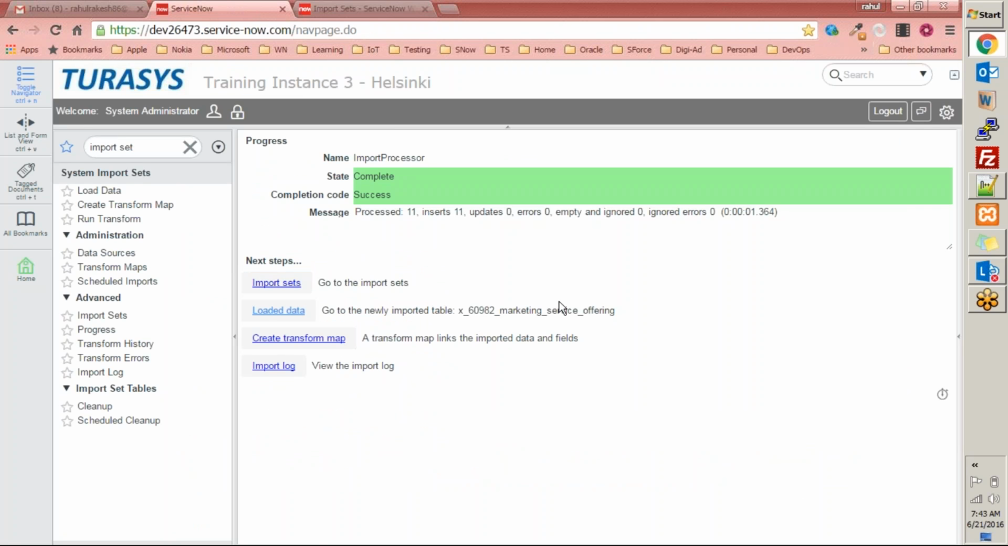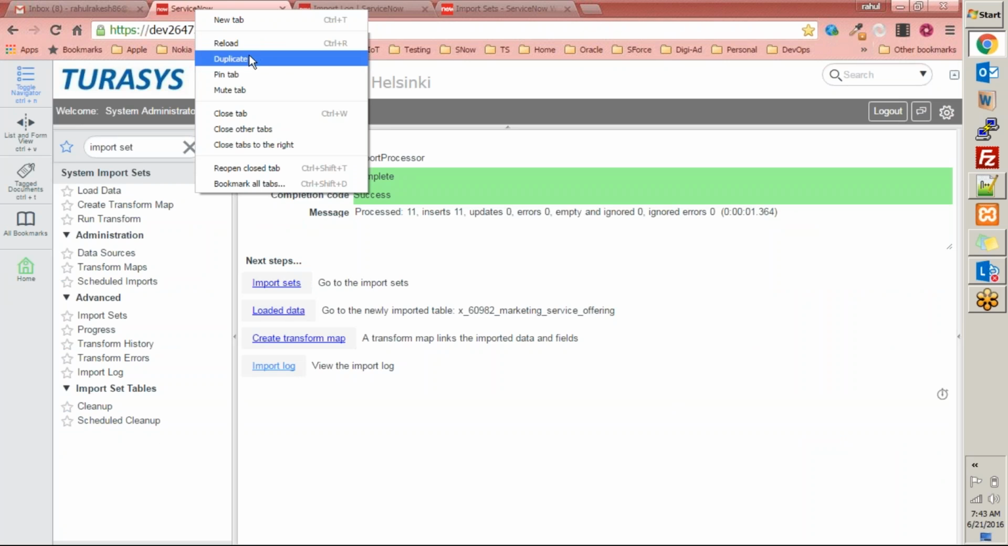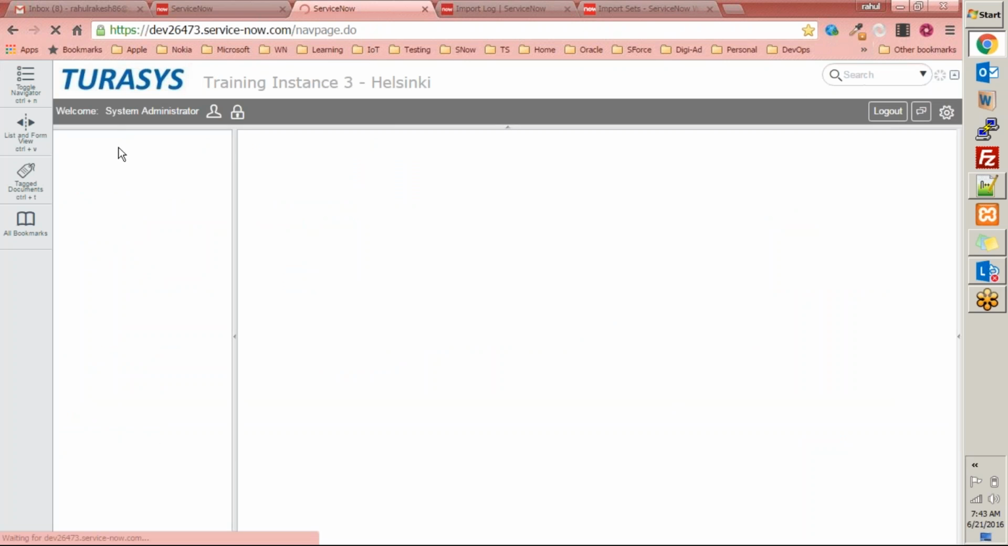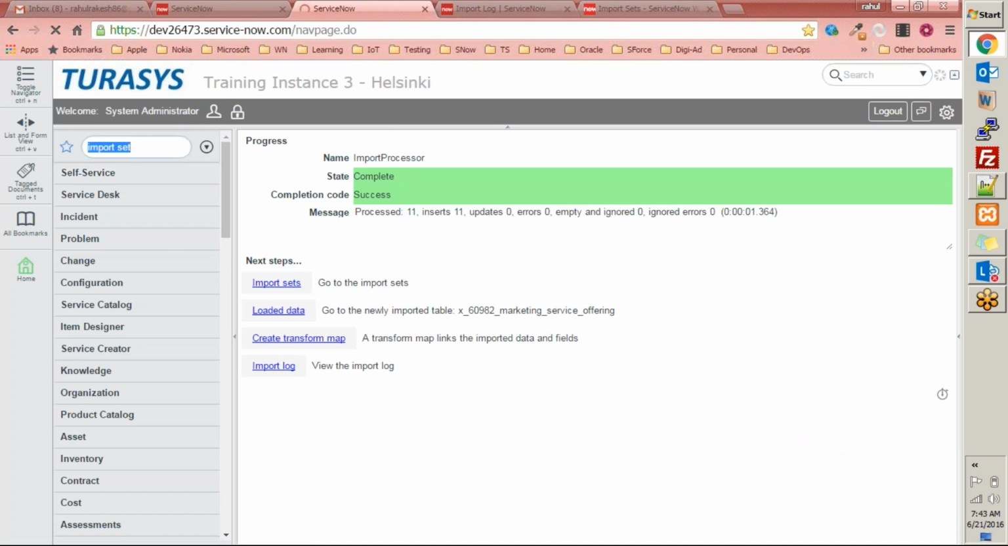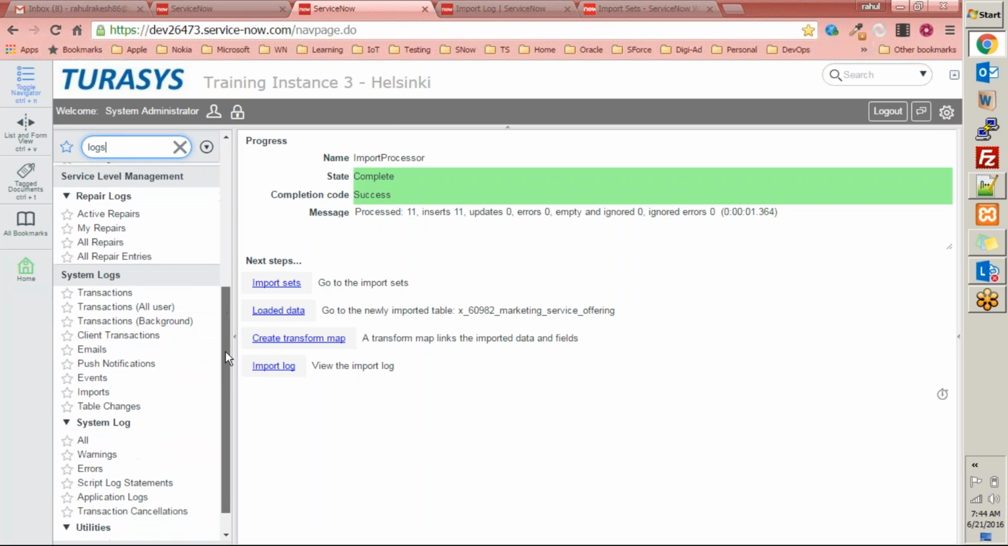Now this was to load data. We are now able to see that 11 records were loaded and we can see here. Now, after you import the data using this import set, you are also able to see the import logs. If I hit this link, open it, I'm going into the import logs and see this import log. I'll duplicate it. When I go in here, I can see this import log from here as well. I'll go to logs. I'll scroll down a bit